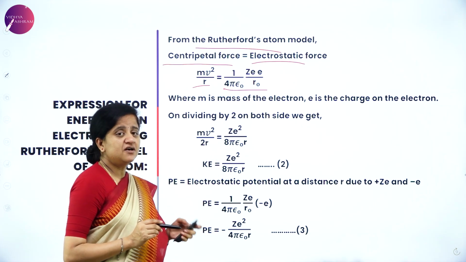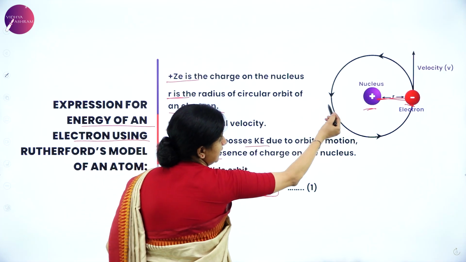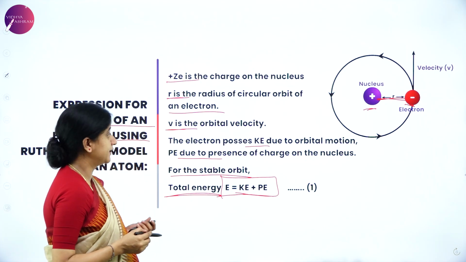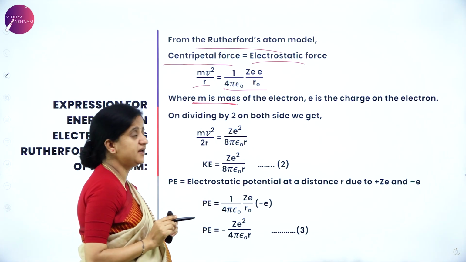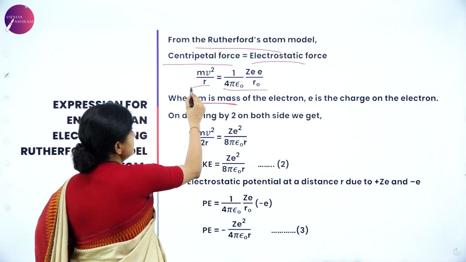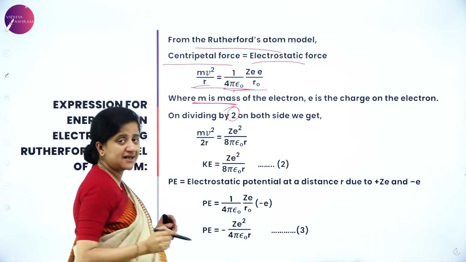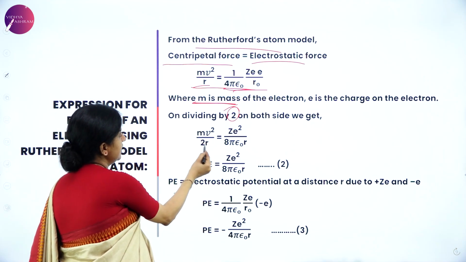Why is it r naught? Because r naught is the distance between the nucleus and an electron, where m is the mass of the electron and e is the charge of an electron. Now let us divide this equation by 2 on both the sides, and we get mv square divided by 2r